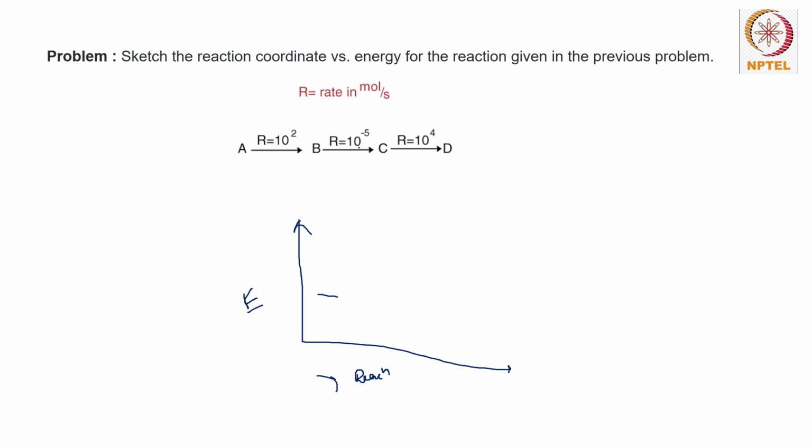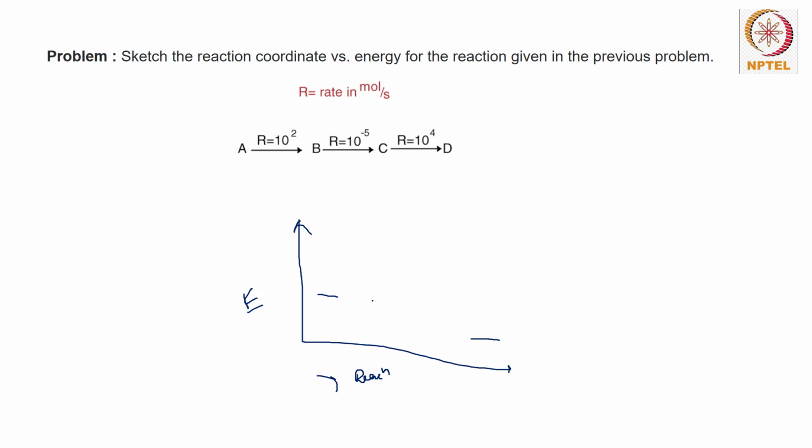The rate to go to C is... so the highest rate of the reaction is D. So C to D needs the least amount of activation energy. Suppose we are getting D, so D is the most stable product. So D is more stable than A. And if we draw it this way,